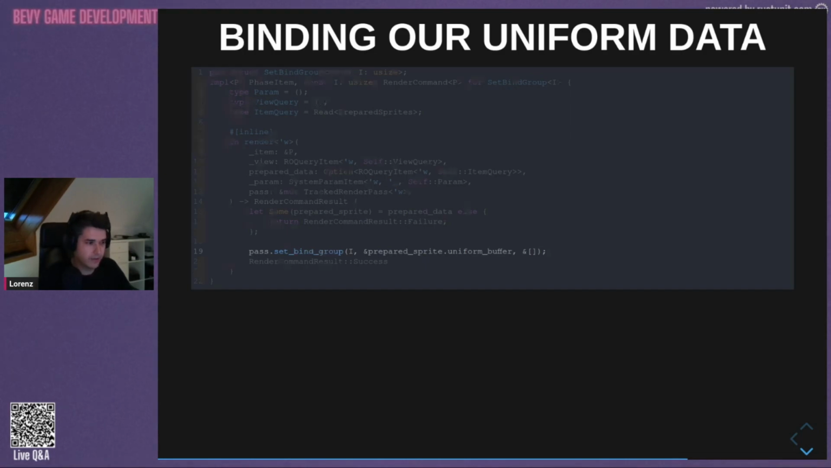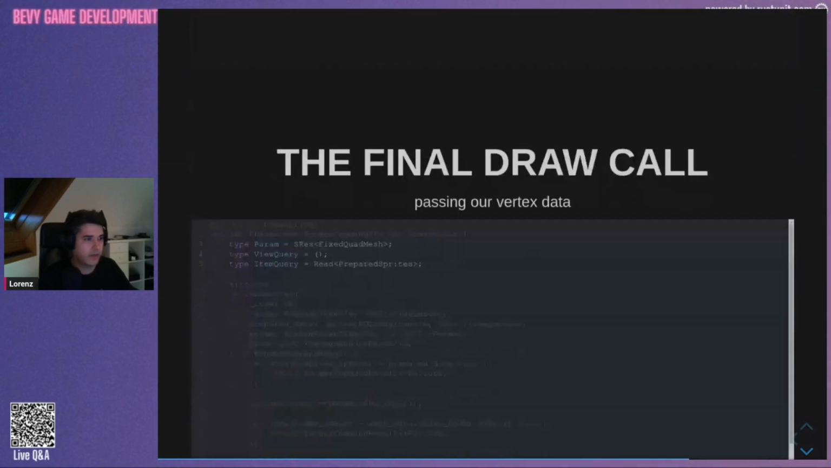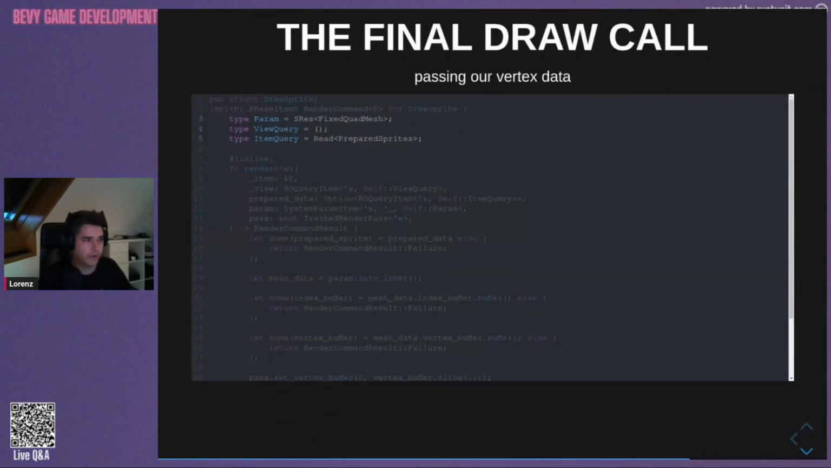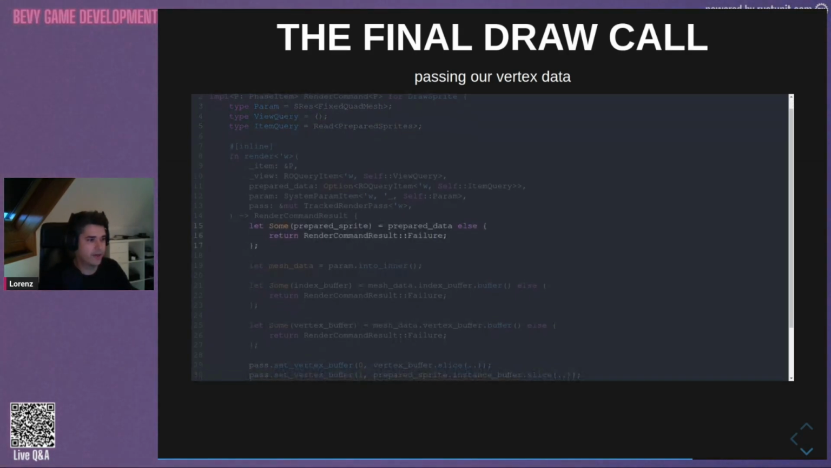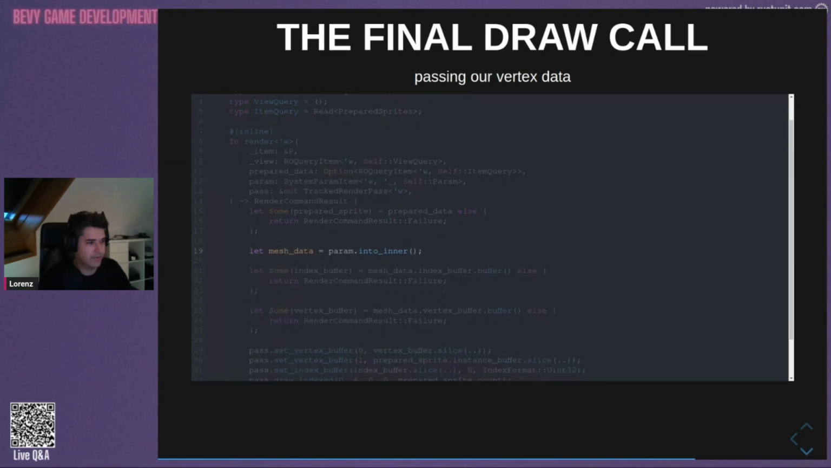We say, hey, you have some data in your buffer. This one is relevant, bind it to the next phase of our rendering. And then we do the final draw call. Here we get, this time, the mesh we already prepared in the very beginning in the form of our resource, and also the prepared sprite again. We're just going to unwrap this data